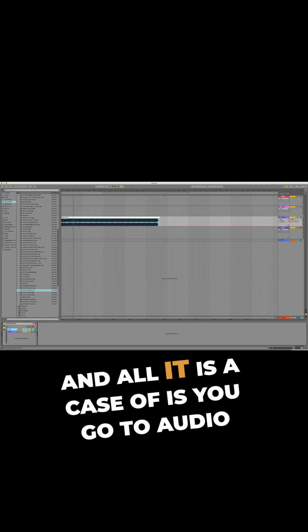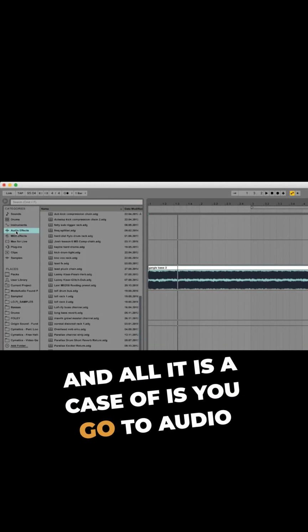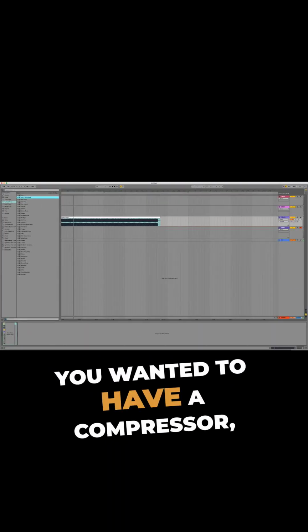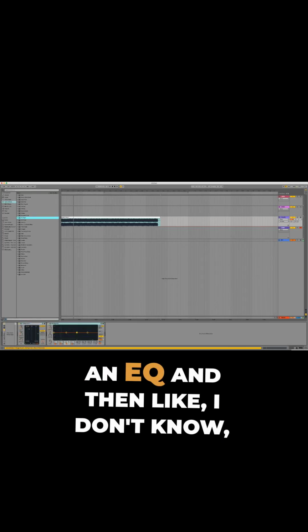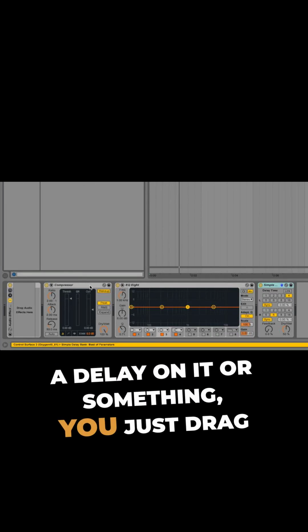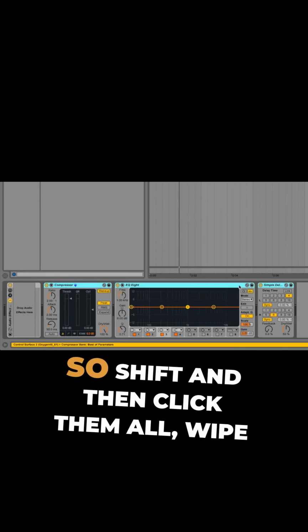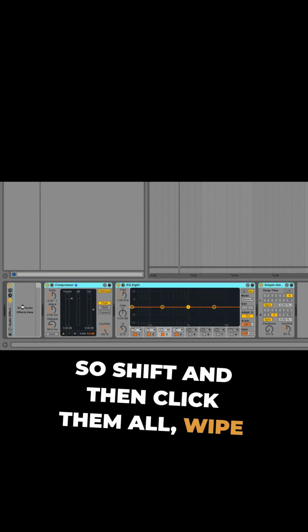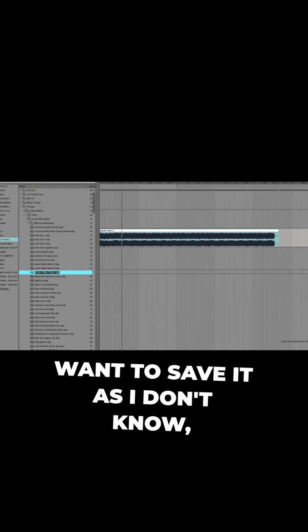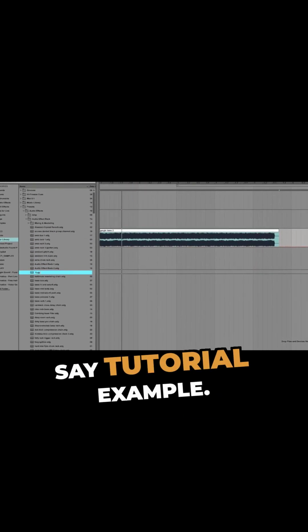And all it is a case of is you go to Audio Effects, then you double click Audio Effects Rack, so it makes an Audio Effects Rack. And say you want it to have a compressor, an EQ, and then like, I don't know, a delay on it or something. You just drag these inside, so shift and then click them all, whack them in, and then click save, and say you want to save it as, I don't know, say tutorial